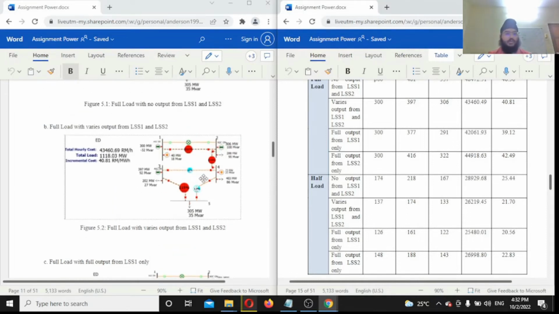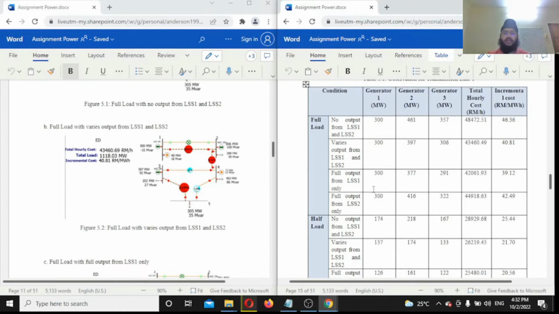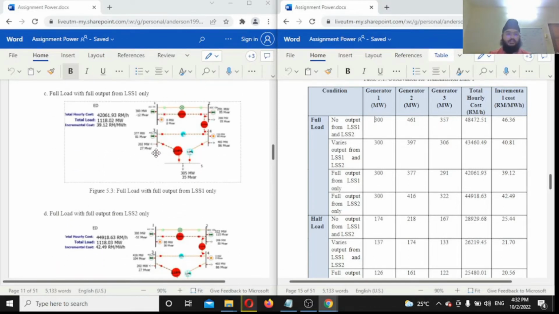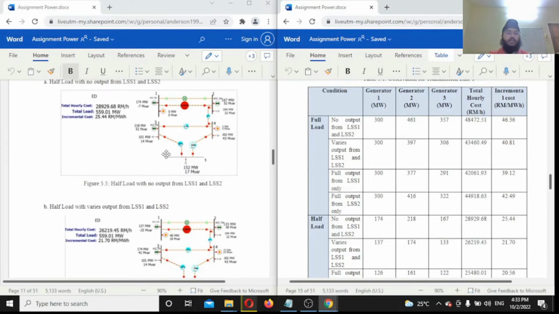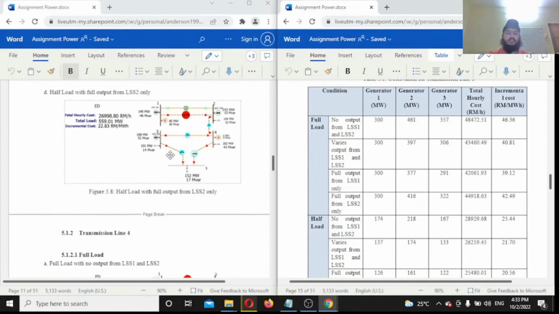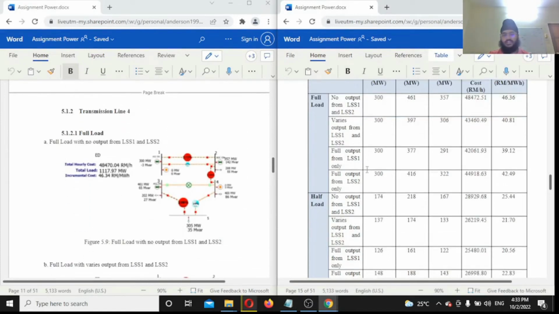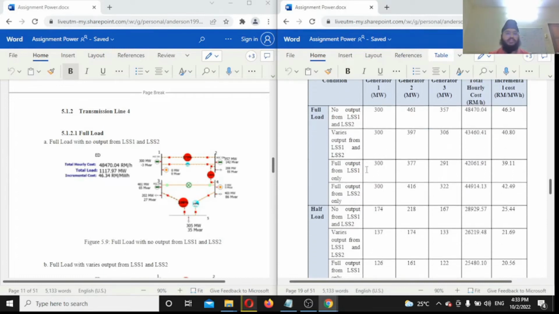Furthermore, you can also see that the varying output between LSS1 and LSS2 for both cases, about 50% for each, has at least the median range with regards to the incremental cost. Now, this situation carries forward with regards to transmission line 4. As you can see for transmission line 4, with regards to the full load,